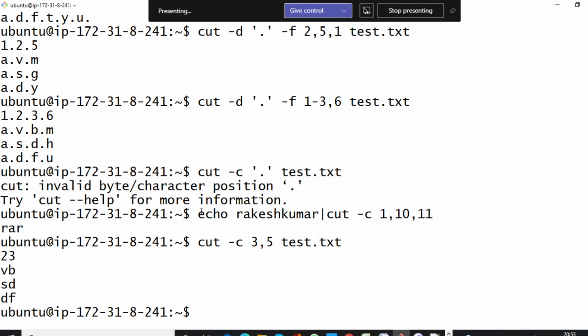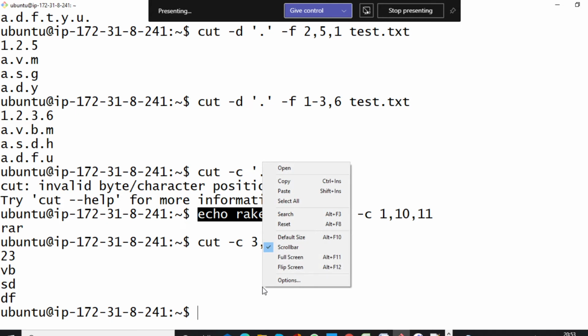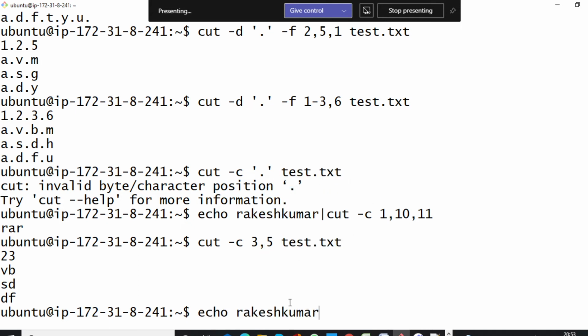Same way, to print something we can use the echo command. Echo prints some message, like echo Rakesh Kumar, so it will print Rakesh Kumar. If you want to cut specific characters, then you will have to put cut -c. Suppose I want to print only Kumar: 7, 8, 9, 10.